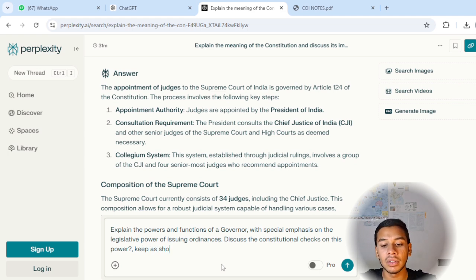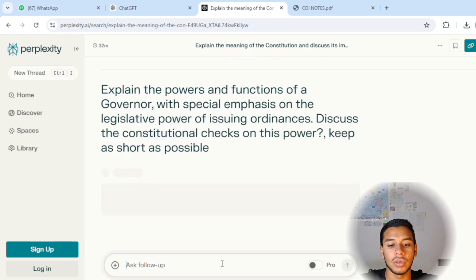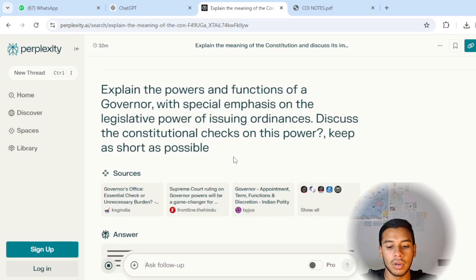I'm gonna copy this one, paste, and keep it as short as